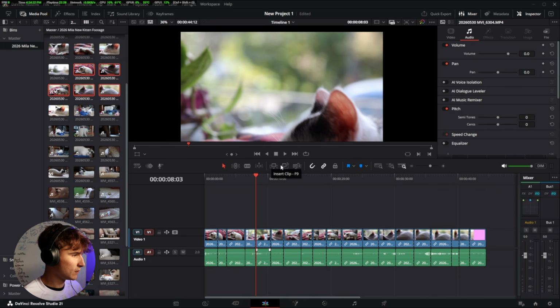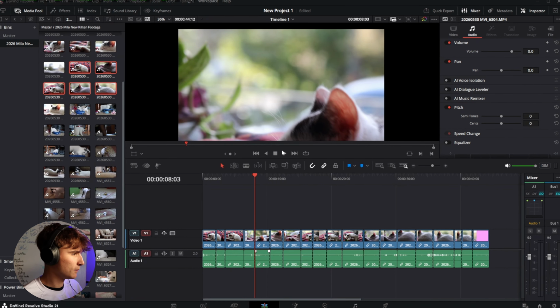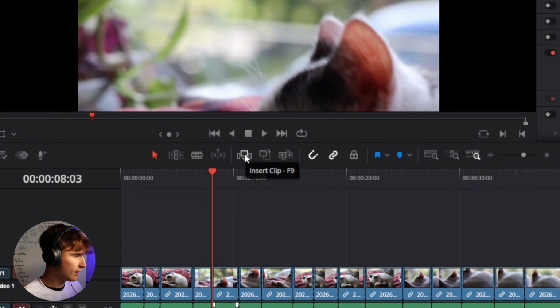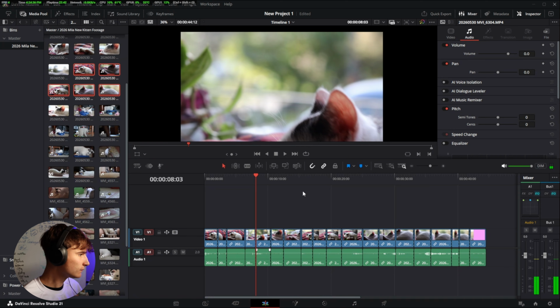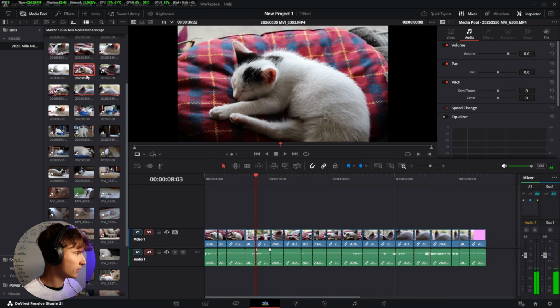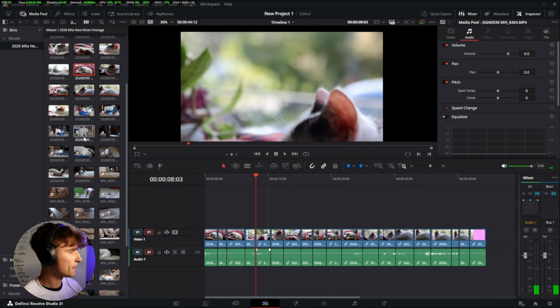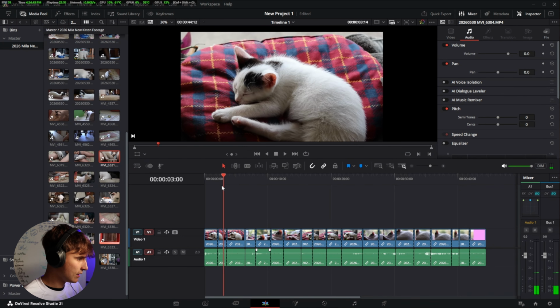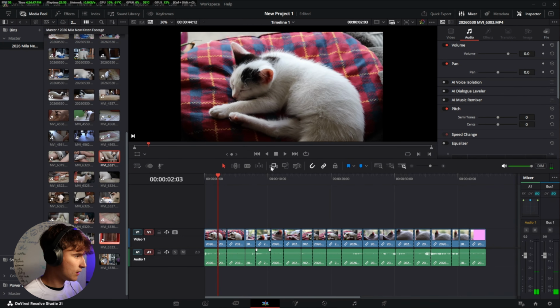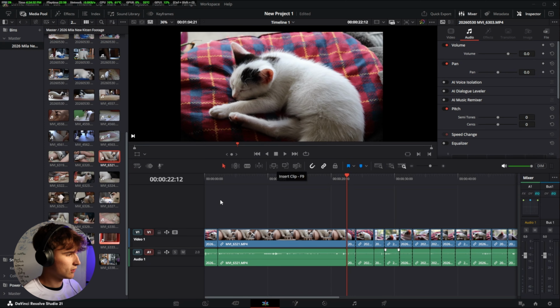Now this is going into our kind of adding clips into the timeline. So we've got over here our insert clip, overwrite clip, replace clip. What each of these do. So if I've got insert clip, that is going to insert whatever I've got selected in the media pool. So let's say we've got the cat feeding here and I want to insert it over here. I will press insert clip and it's going to insert the clip which I've got selected in the media pool